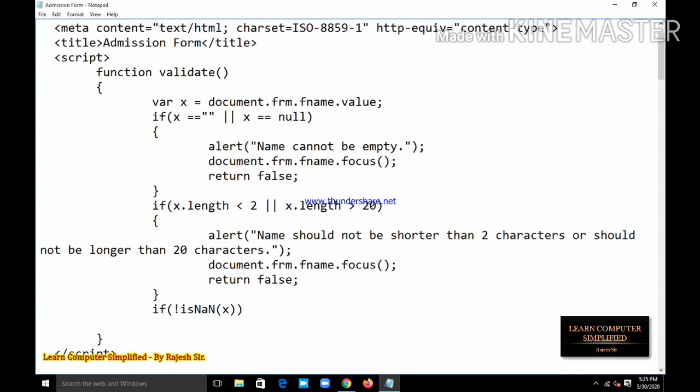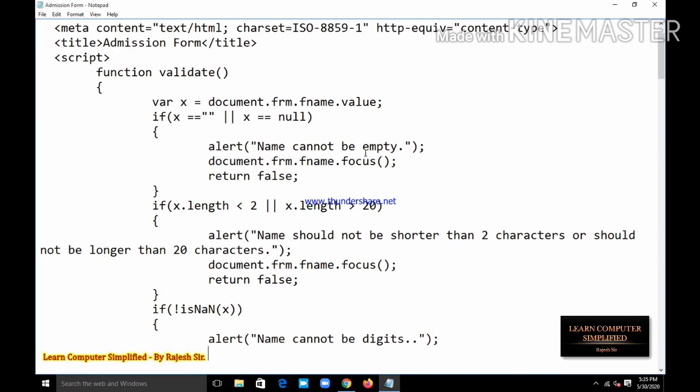So here we are adding a validation, the opposite of isNaN, that is, a number. It means if it is a number, then we give an alert: name cannot be digits.